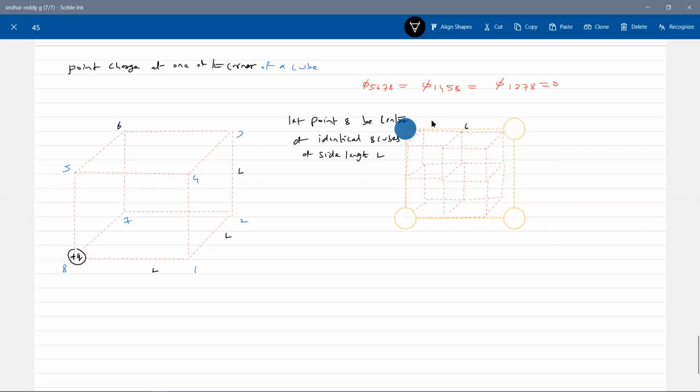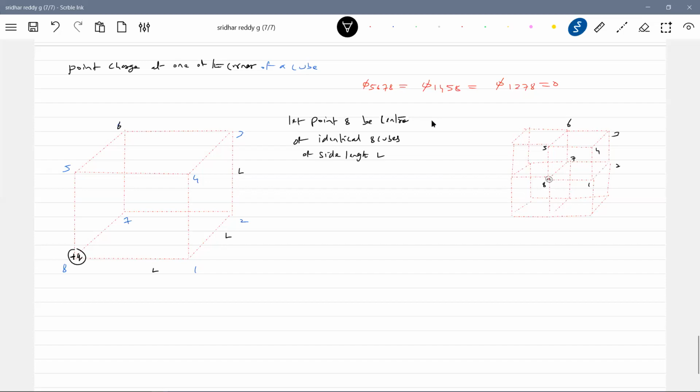Okay, fine. So now the flux linking this cube, how much should we write? Q by 8 epsilon naught. Getting the idea why 8? Next, what is the flux linking the side? What about the face 1, 2, 3, 4, then 3, 4, 5, 6, then 2, 3, 6, 7? Because flux linking 3 faces, the other 3 faces are there.